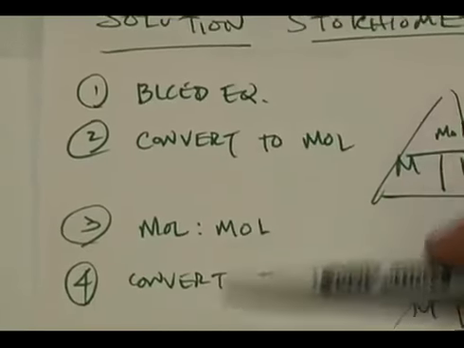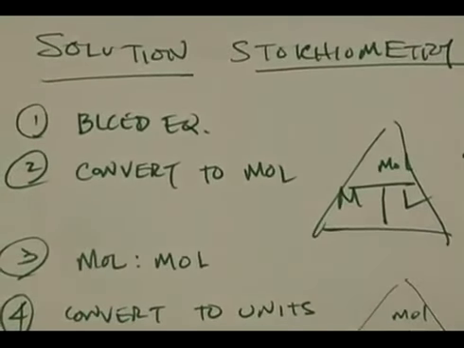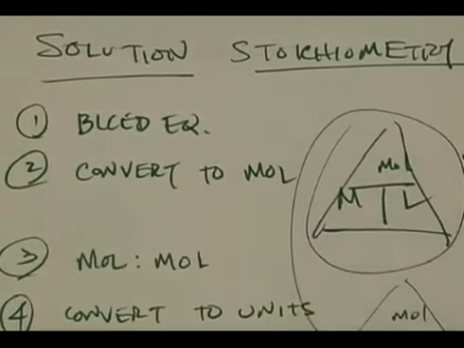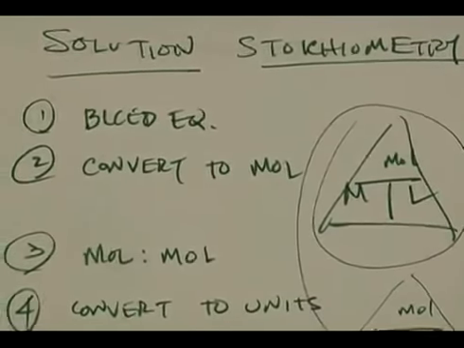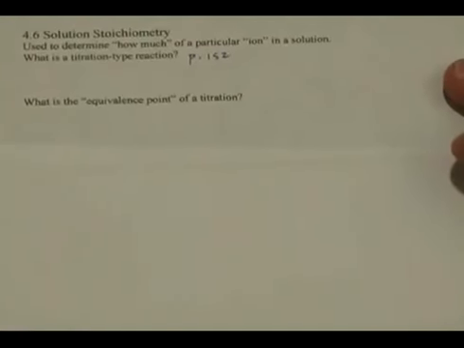So these same 4 steps are generally used in solution stoichiometry, but sometimes it seems a little bit more confusing because we're talking in terms of solutions now, and the molarity triangle usually takes precedence for converting to lots of things. So there's several different types of solution stoichiometry problems that are emphasized in the text, and one of them